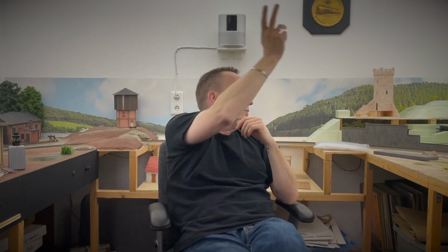Enough of that talking. We'll dive into the layout. I'll show you the train station and this area here and the valley behind me, which is not yet finished, and that area over there is not yet finished, and we have a factory on that side of the room. But first off, obviously, you'll want to find out about the track plan layout, and that's what I'm going to